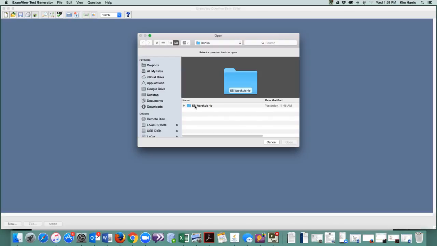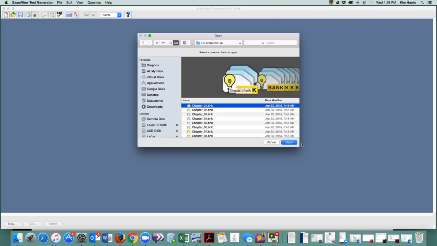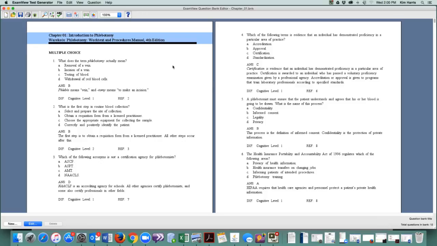And then it'll load the bank choices that I have. And I can pull from the question banks that exist. I chose to open one of those. If I'm happy with that, I can make changes in ExamView, but for now we're just exporting and importing into